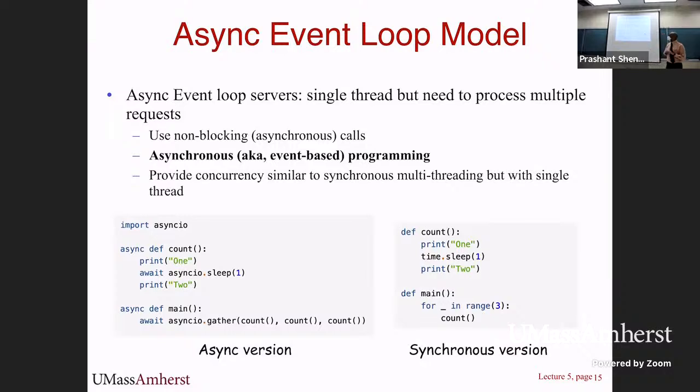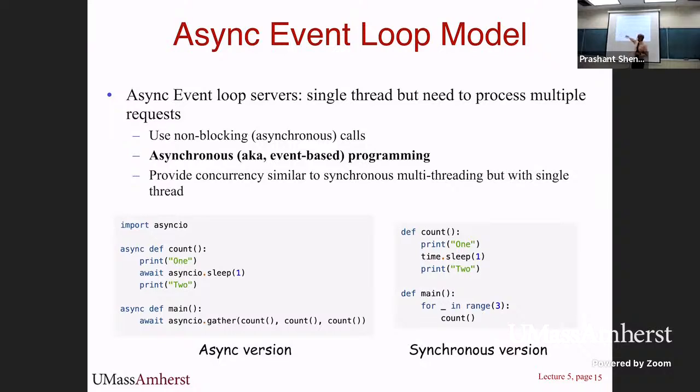So that is basically what we are going to call an asynchronous event loop model. Here is an example of the synchronous version first, and that's an example of the asynchronous version. So here you have a function that's going to print 1 and 2, and you call it 3 times. So it's going to execute thrice and just print sequentially. Here you are essentially going to have the same function, but you have an asynchronous version of that function,